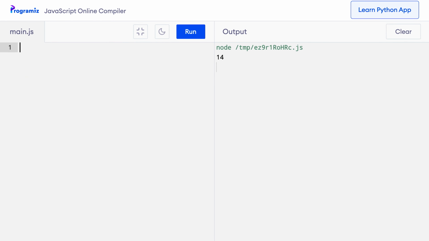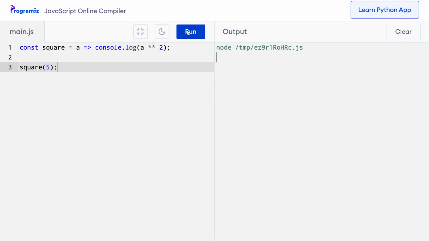So I'll remove this old code, and I'll create a function called square that will square any number. So const square equals A, and then I can say console.log A raised to the power of 2. If you didn't know, double star in JavaScript means raised to the power of. So let me call square on a number, 5, my favorite number, and when I press run, you can see that my program works. It gives me the square of 5, which is 25,